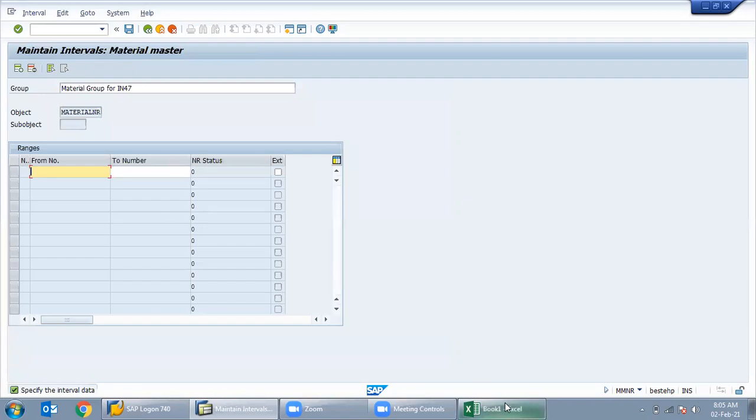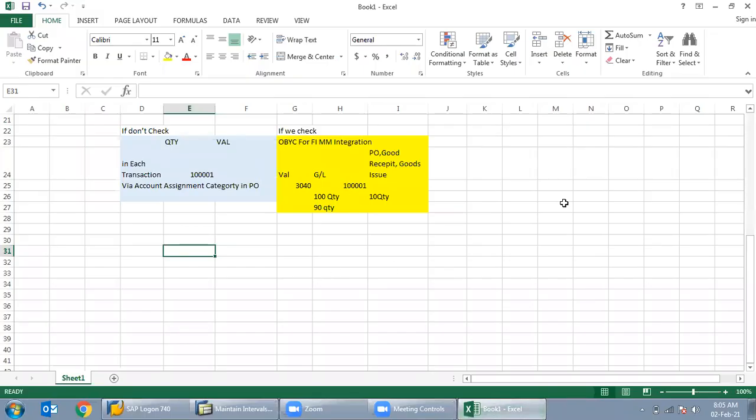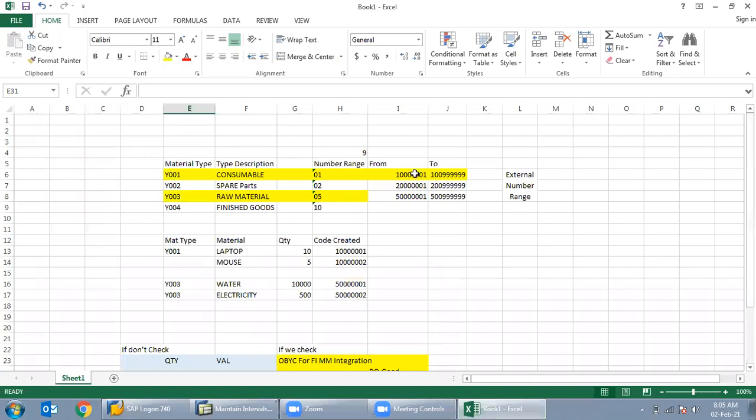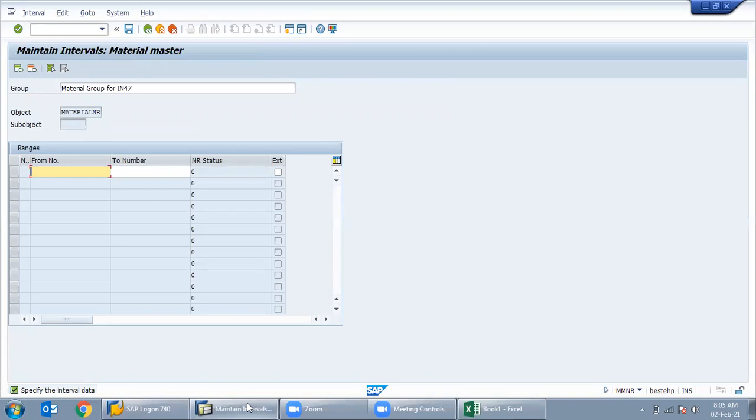What I said, copy this, press enter. Yes, it will take 38. Why is the number range taking 38? Because 30 till 37 somebody has already created, so it takes the sequence wise. Just save it.